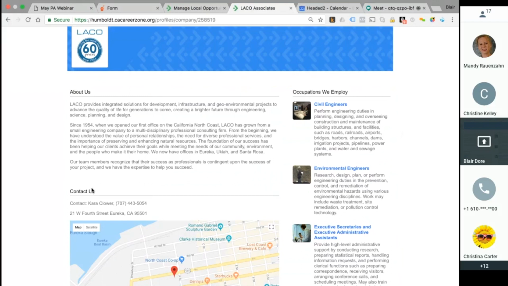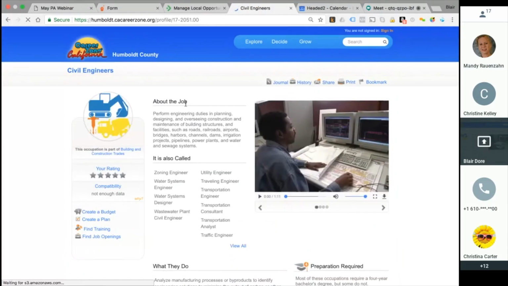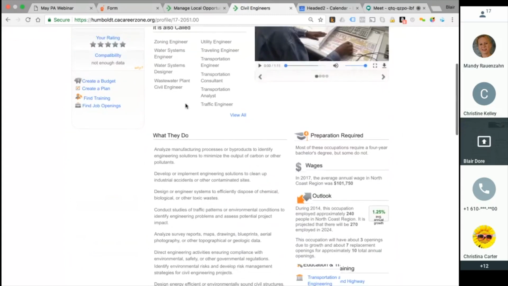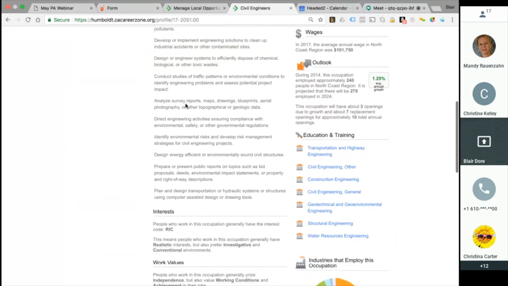Maybe it's you, maybe it's one of your colleagues. But you can also have them show what industries they employ in. So in LACO's example, they employ civil engineers, and I'm going to click on that, and we'll go to the civil engineer's occupational profile. What's really interesting and cool about uploading these local opportunities is once you've done it, and